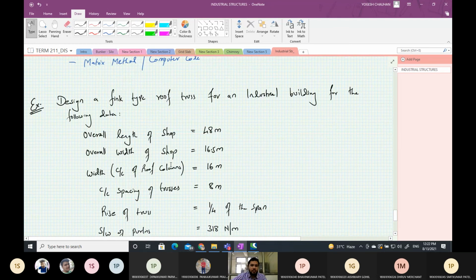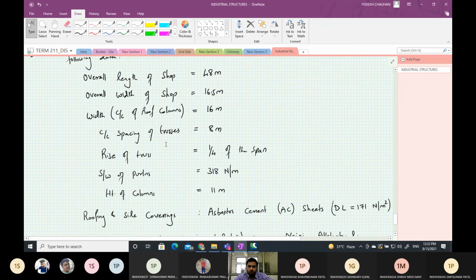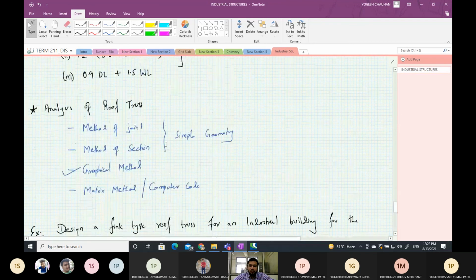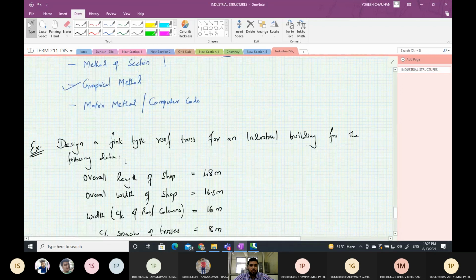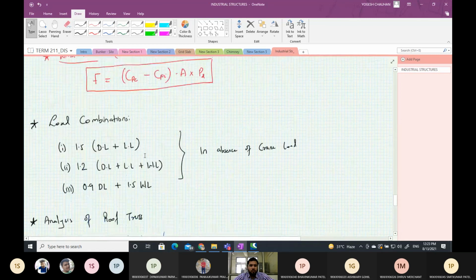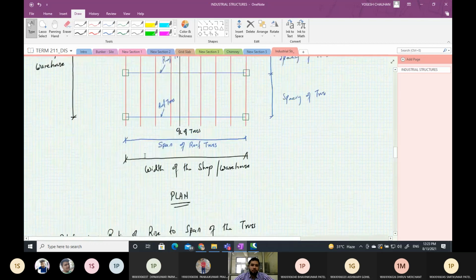So we'll see the design in the next class because it's a lengthy example. It might take 1 or 2 lectures to complete. So we stop here, and in the next class we will continue with this example. So today we have seen the various elements of the roof truss.